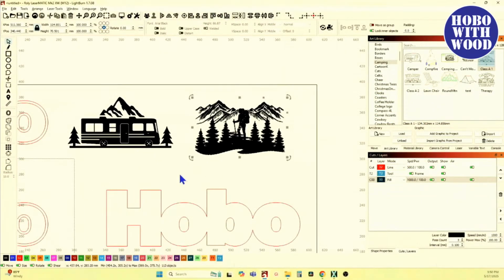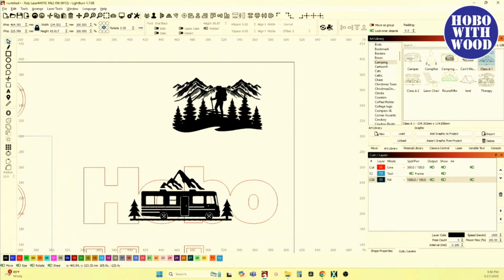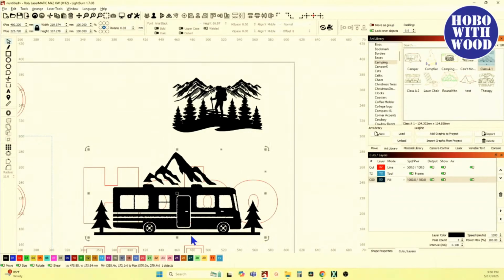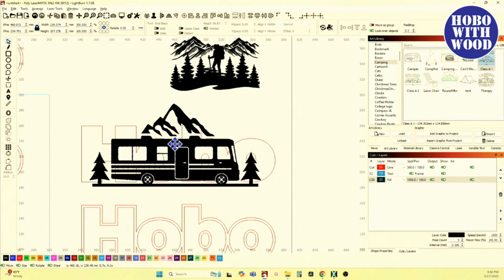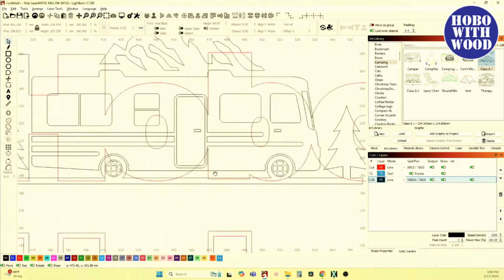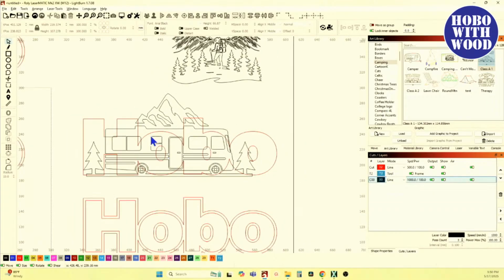But if I'm doing Hobo and I want to have a camper scene, and I bring this down here, and I'm going to stretch it out to fit Hobo. And if I get the tires kind of in there, and I'll put this in line mode so you can see it a little better. There you go. And so you're like, okay, well, all the mountain's gone because all that's above Hobo. And in fact, what the heck? Let's just do, because we can always undo this. But if I take that image and put it in the center of the Hobo,